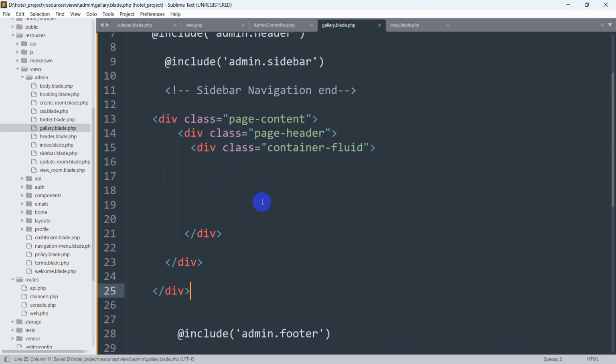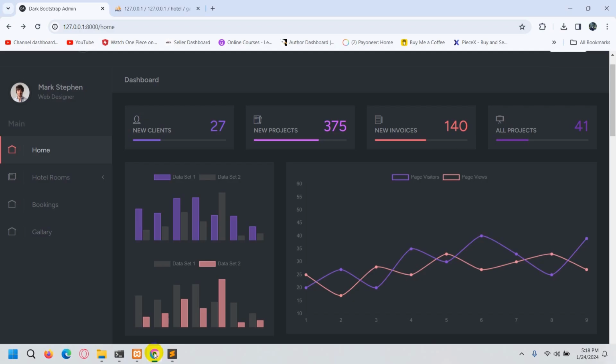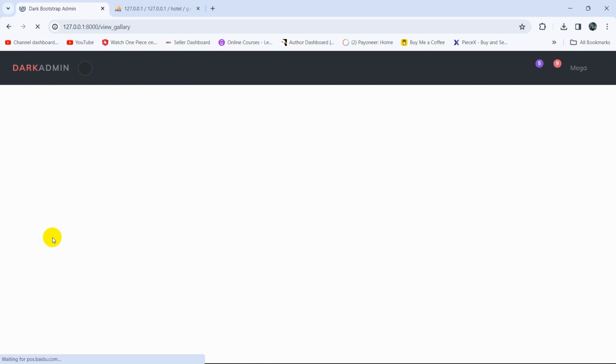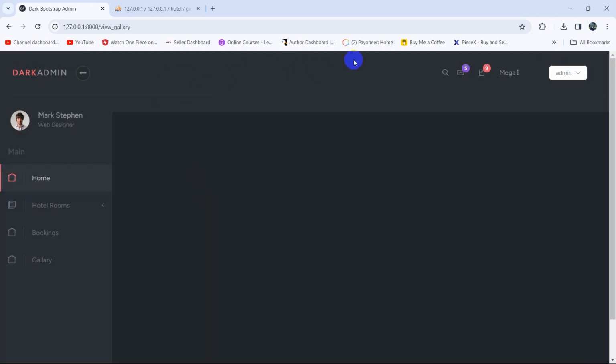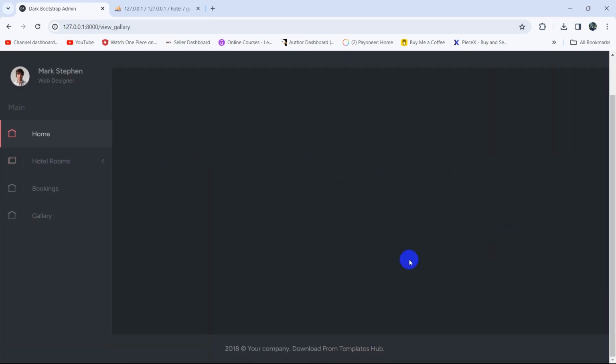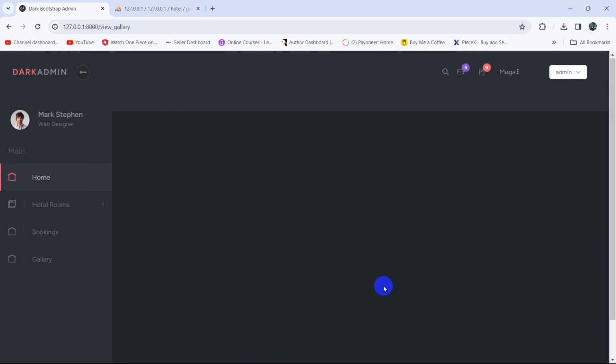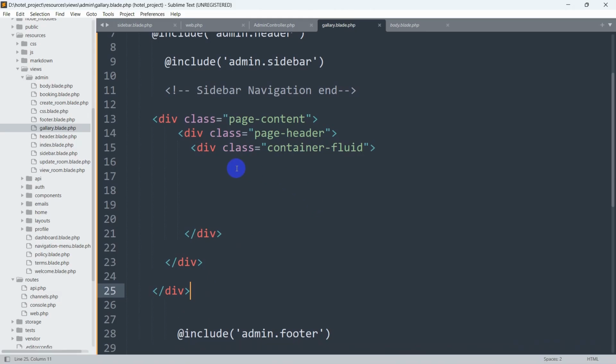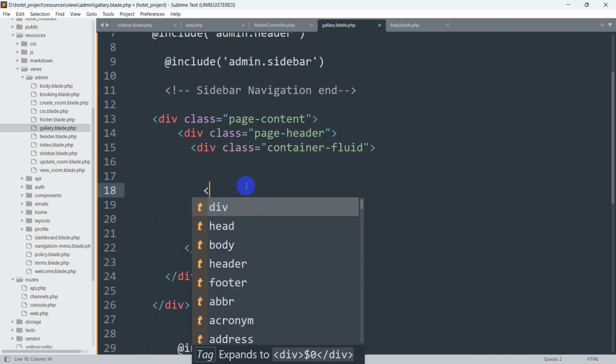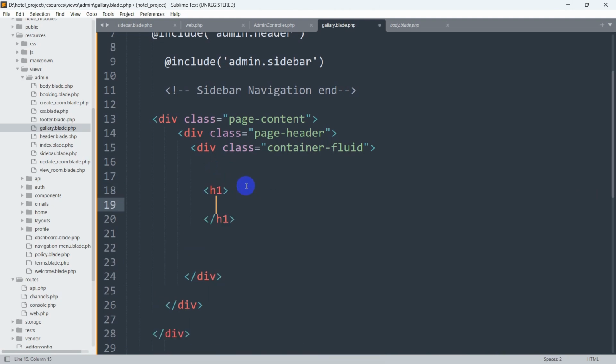So right now, if we save this and go back to our gallery page, there you can see we have the navbar, the sidebar, and the body part, and also the footer part here. So we are just going to have an input type file over here and a button over here right now. So let's go back to our code, and here inside this div, let's say h1 tag, and inside this h1